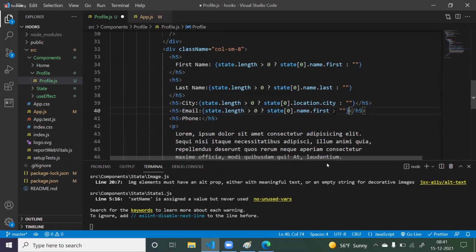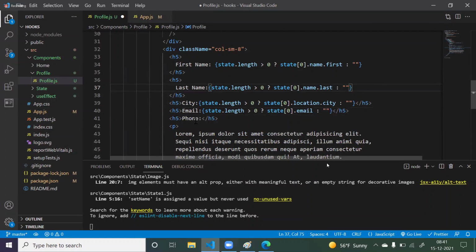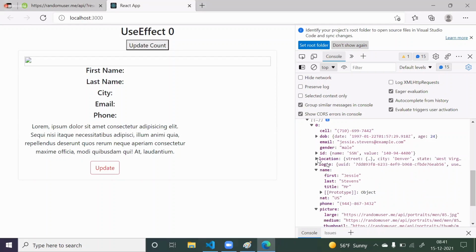Here we want email. Email is directly present in that object. So directly write email. And when it comes to phone, I think phone is also directly present. So let me see. So here we have phone. Yeah, phone is directly present. So simply we have to say here phone.